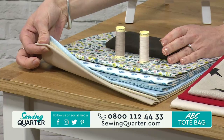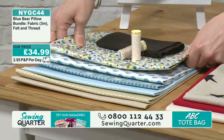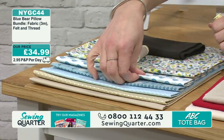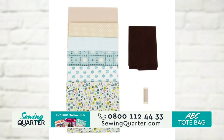you're getting all of this different fabric so that you can do the patchwork. And this is for your blue bear. There we go, 3 meters of fabric. So a half meter of each of those. And your felt for the ears and the nose and your thread. That's all in for $34.99, NYGC 44. Now,